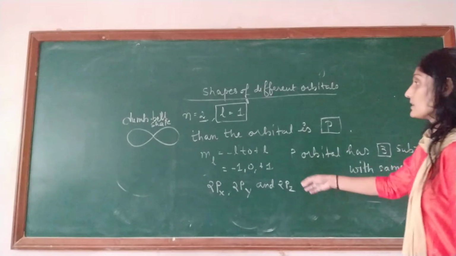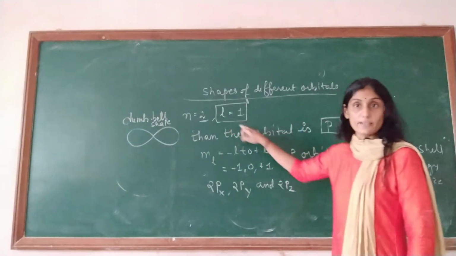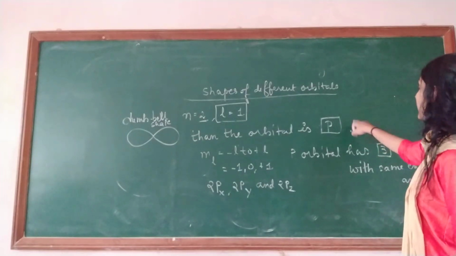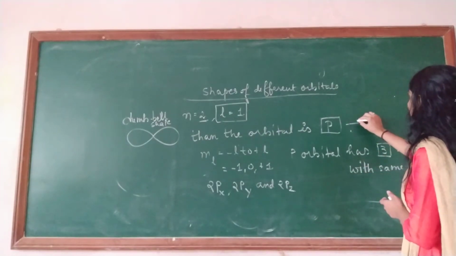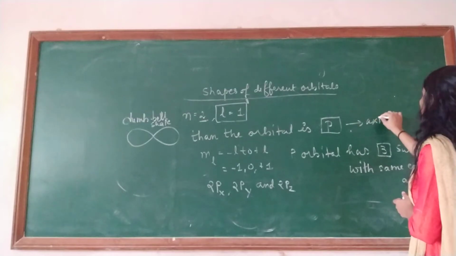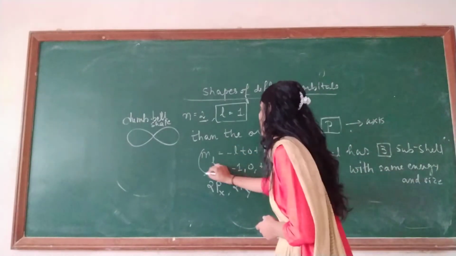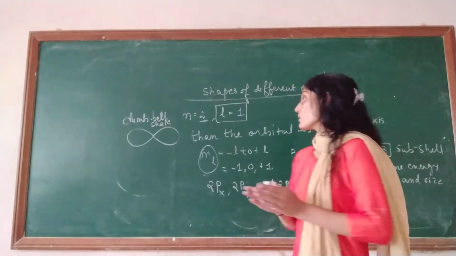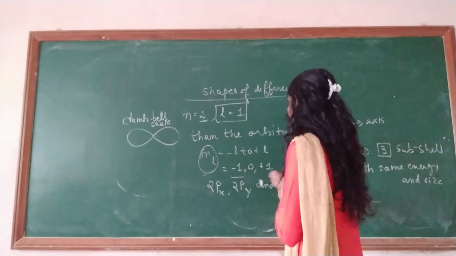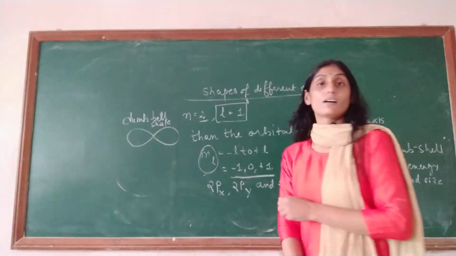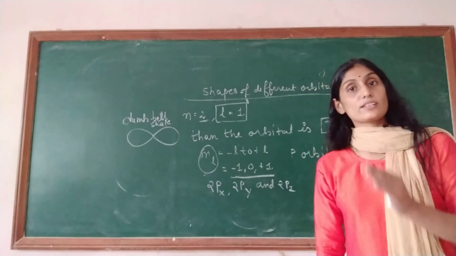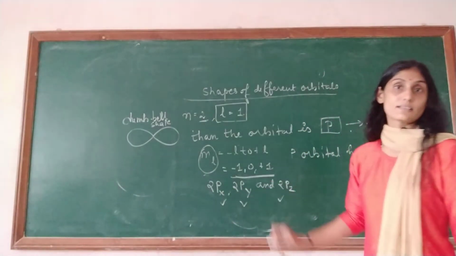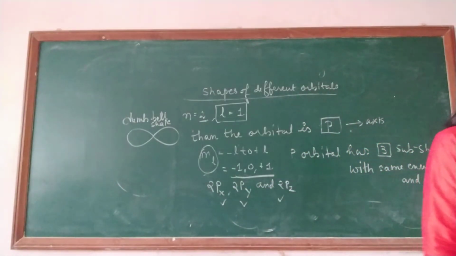Please kindly copy this. If n is equal to 2 and l is equal to 1, the orbital is represented by small p. Now, if there is any orientation of the p orbital in any of the axes, that is found out by the magnetic quantum number m l, from minus l to plus l, that means minus 1 to plus 1. So we can say that it has three-dimensional orientation in x, y and z axis, that is 2px, 2py and 2pz. Now we learn about how to draw the diagram, children.